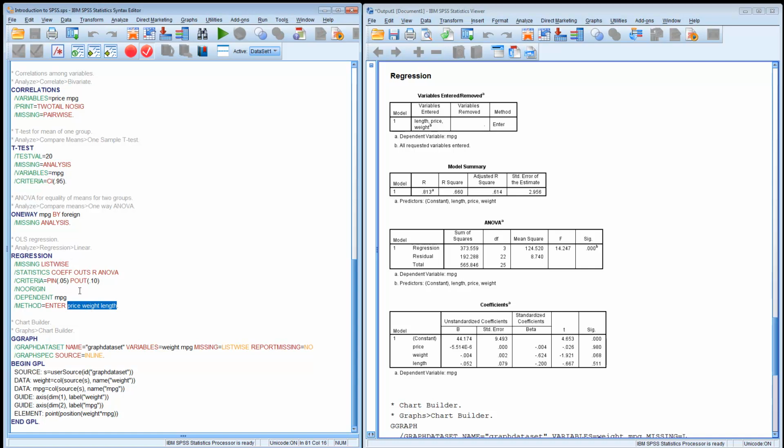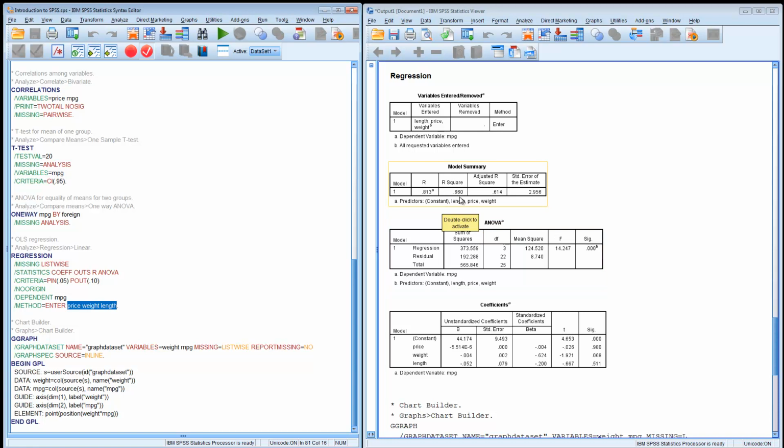If you don't feel very comfortable, then you could go the slow way using the menu, and you could click different options until you decide what you need. And then using the paste command, you could put this in a syntax editor, and you will have the program to execute quickly. So this is the output that we have from the regression, and we can see the R-square